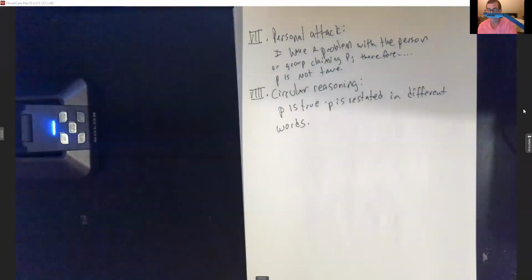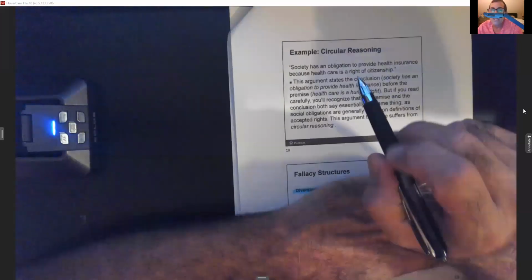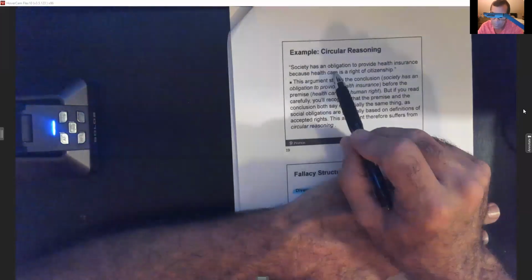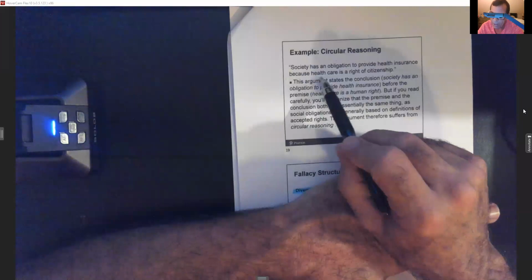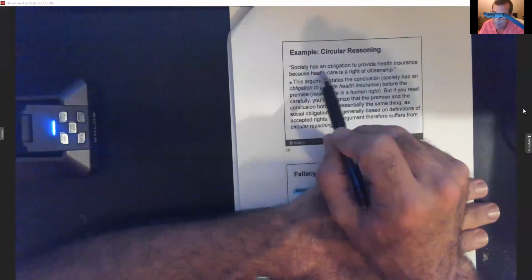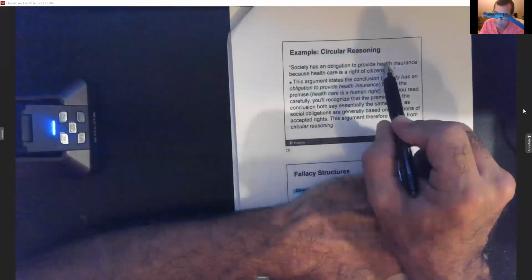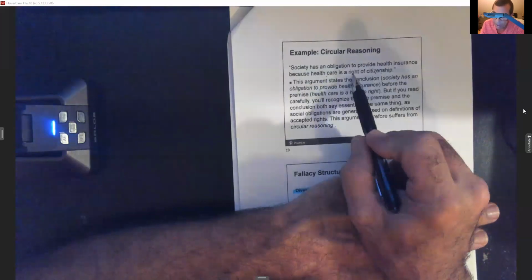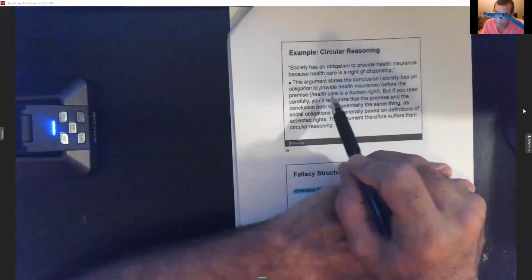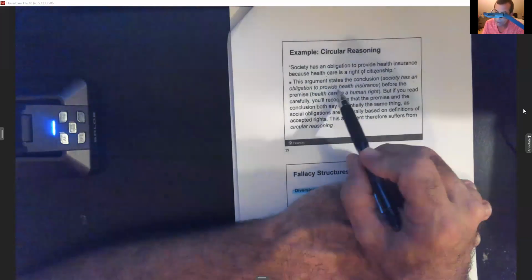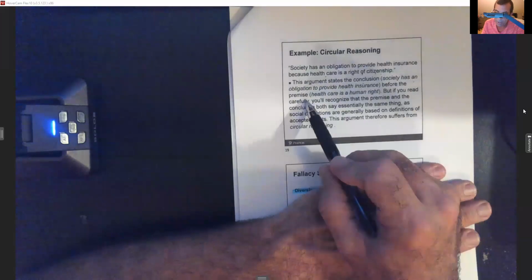Watch this. Example of circular reasoning. Society has an obligation to provide health insurance because health care is a right of citizenship. So right here you're saying, hey, society should provide health care. And here the same thing, right? You're saying health care is a right of citizenship, so everybody should get health care. So look, the argument states the conclusion, society has an obligation to provide health insurance, before the premise,